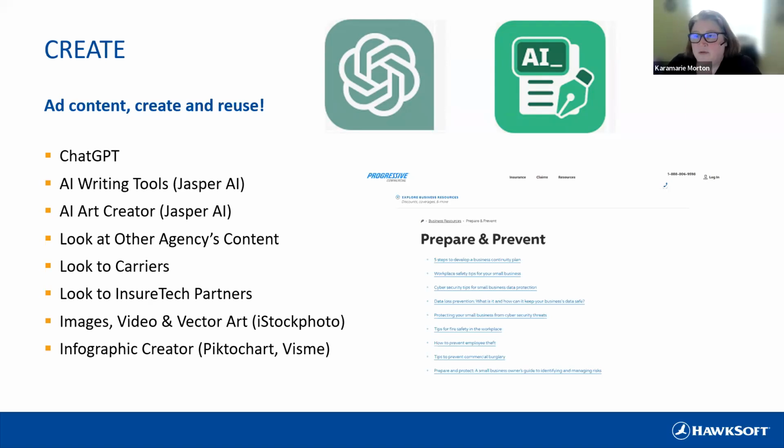An infographic creator. A lot of people would always tell me, an infographic would be great, but it costs hundreds of dollars to get a marketing company to create it. If that's not what you want to do, there are infographic creators like Piktochart and Visme. It's like $7.99, and you can create your own infographic in less than 5-10 minutes. And it's branded to you and your agency. But the most important thing to know is you don't have to start from scratch all on your own.